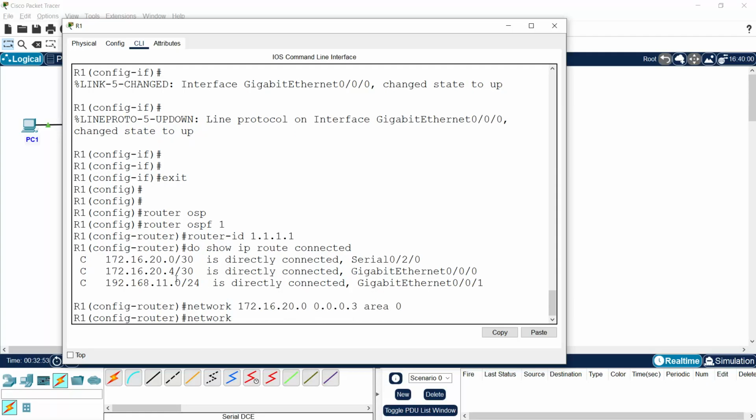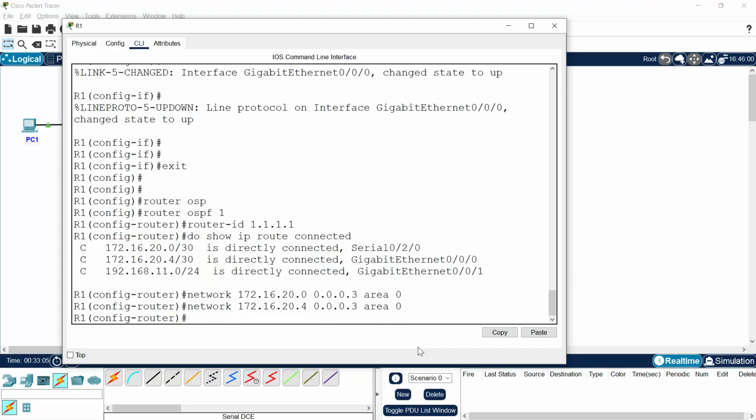Then network 172.16.20.4, wildcard mask 0.0.0.3, area 0. The network, our LAN network, that is 192.168.11.0 with wildcard mask